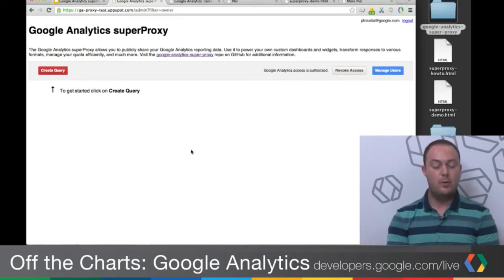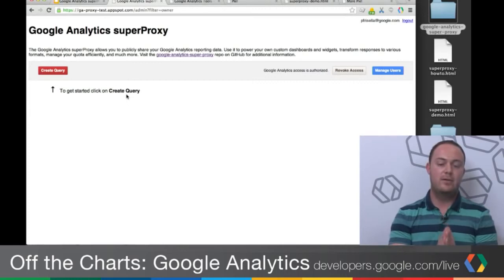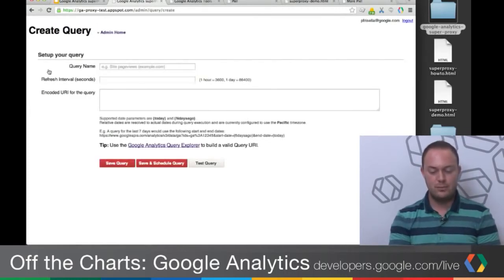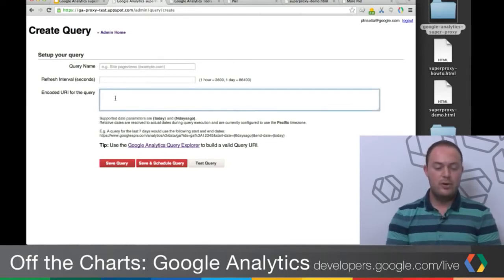So what we want to do is create a query, right? We want to make something public. Let's do something like share the source, medium, and visits, and we'll do a pie chart to show this. So we'll go to create query, and you have this interface here to actually create the query. Right now, we're using the core reporting API, obviously, to make these requests. And in the admin interface here, we're asking for the actual core reporting API query that